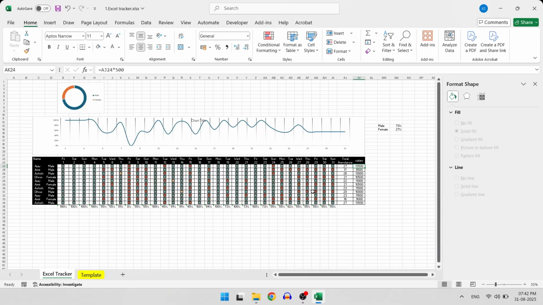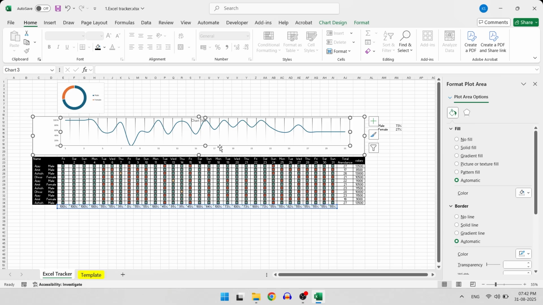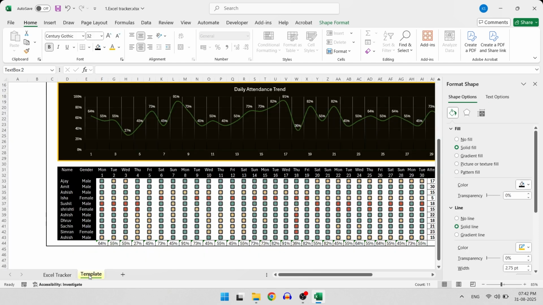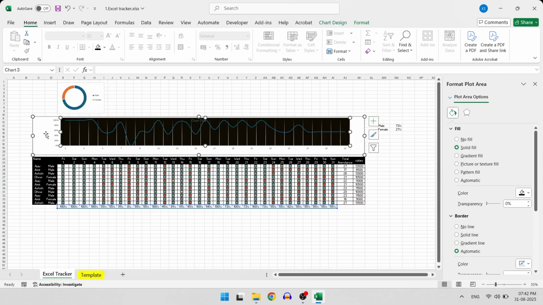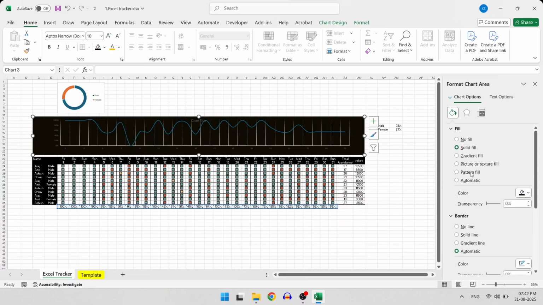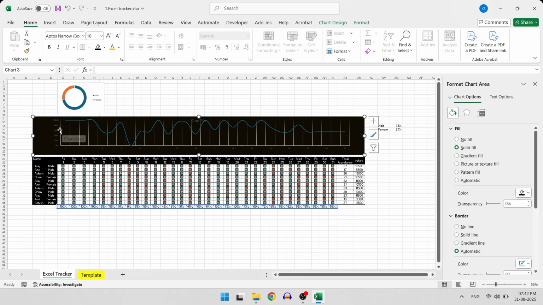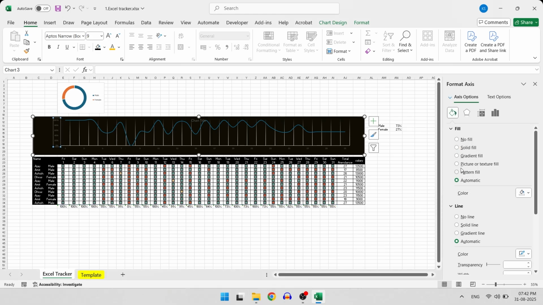So now select the plot area and set the color to black also. Select the chart area, set this one to black. Now the whole background is in black color.